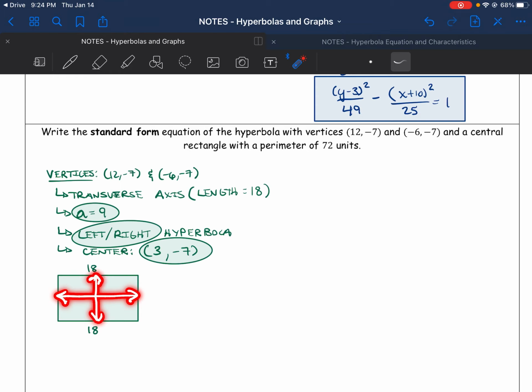We already know the transverse axis is 18 units long. So I went ahead and put 18 on each of these sides right here. And we know that the perimeter is 72 units. So if we can find basically the width of this rectangle and cut that width in half, then we can find the B term, or basically the distance from the center